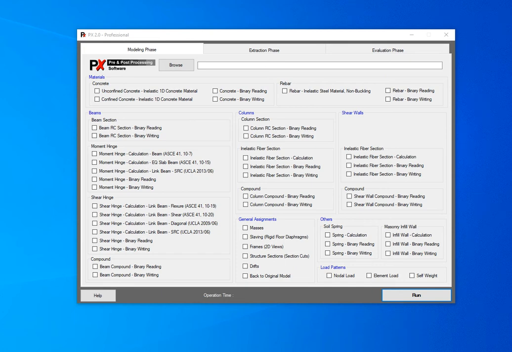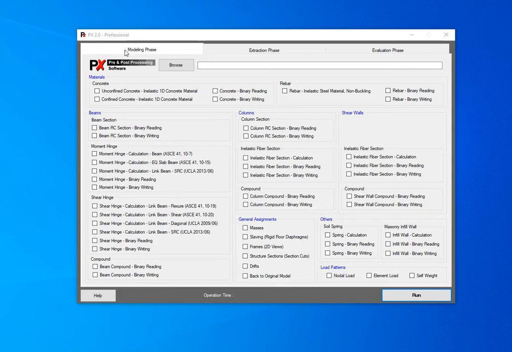This tutorial will highlight just a few of the useful features available in PX that allow users to do faster modeling, extraction, and evaluation of structure. Perform Extension is an extended pre- and post-processing software for Perform 3D. The main objective of this package is to provide the tools that are not available in Perform 3D. PX can help the user in the area of performance-based seismic design and seismic evaluation of buildings, which require time series analysis under several ground motions.